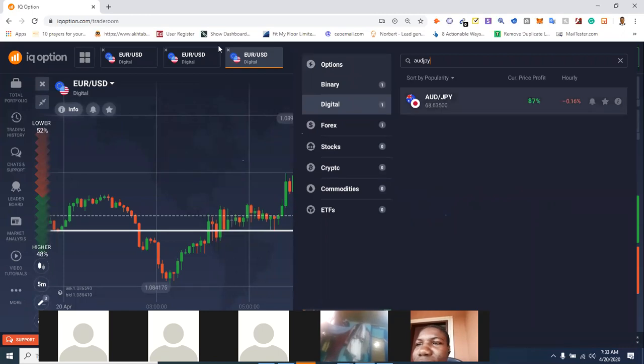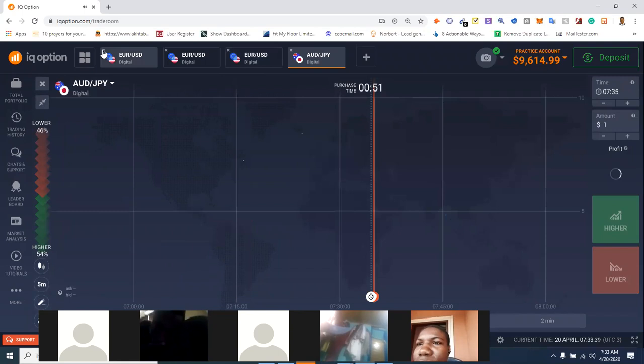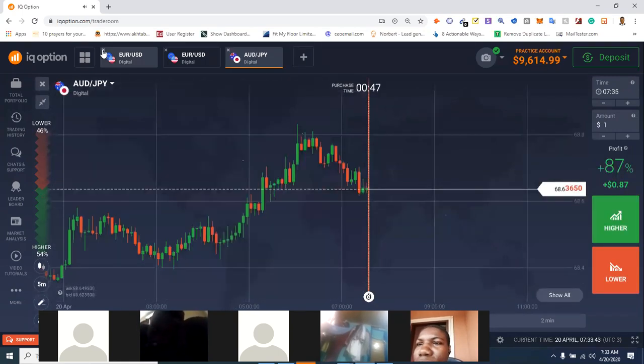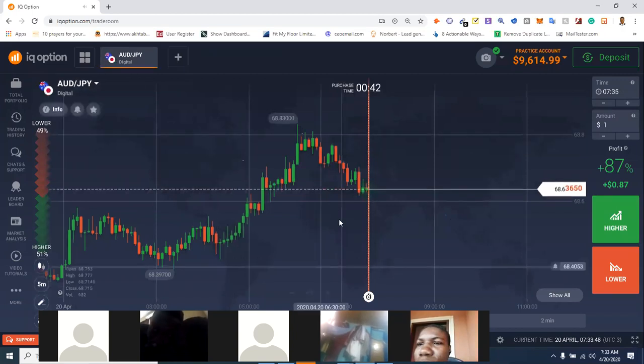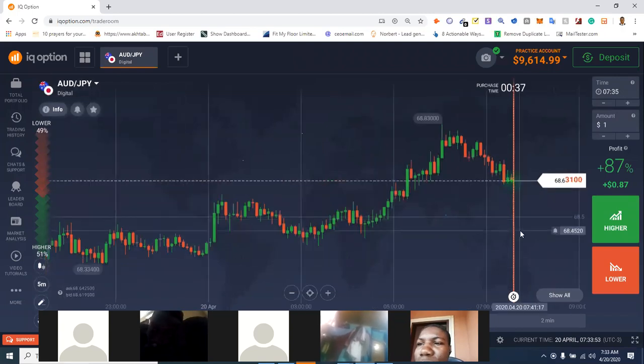So I'm going to close all the trades that we already have on. Always remember to press once. Press it once and wait for it to do whatever it wants to do. Okay, now this is a chart. Whether the signal is higher or lower, we don't know for now. But let's just learn to draw our support and resistance.